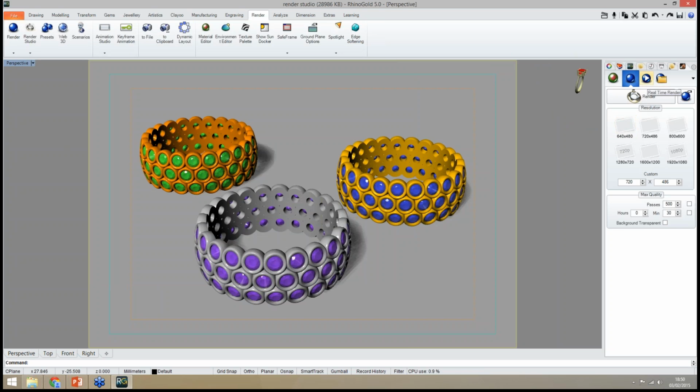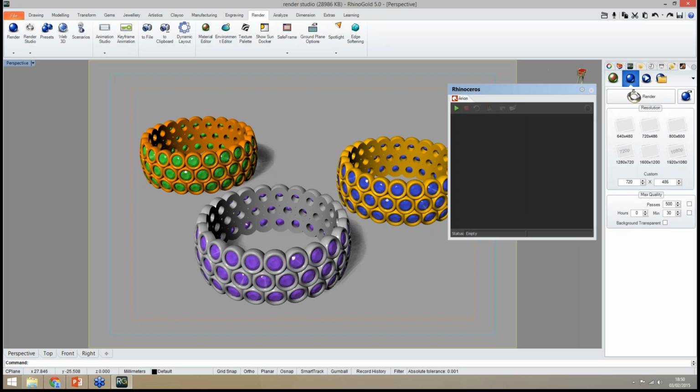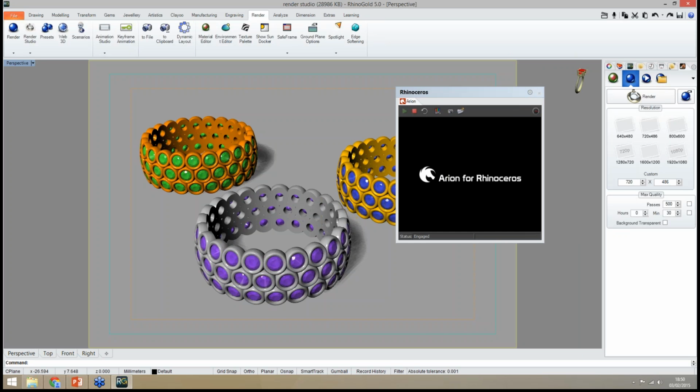Of course, we have real-time render, which is really useful as well, because in real time, as you can see, when I rotate my viewport, it will be calculating the render. At this point the real-time render is starting.